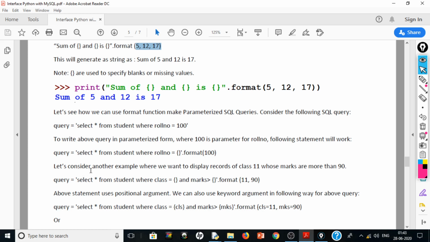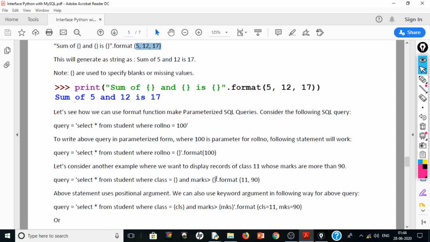Let's consider another example where we want to display records of class 11 whose marks are more than 90. We will use query = "select * from student where class = {} and marks > {}".format(11, 90). We give those parameters inside the format function.